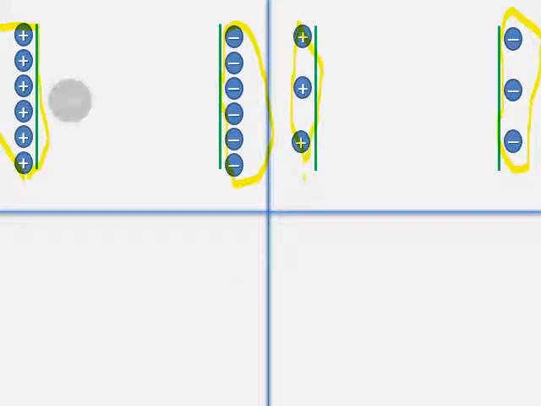What will happen if we place +1 coulomb charge in the first situation? Obviously, we know that the +1 coulomb charge will be pushed away from the positive charge, and it will be attracted towards the negative charge like this. And no doubt it starts moving towards the negative charge.